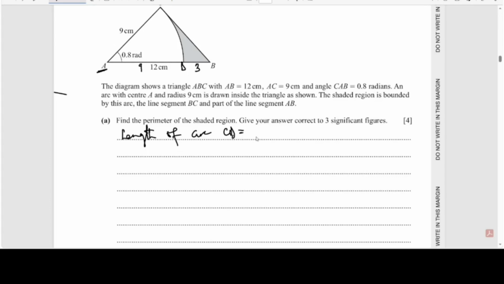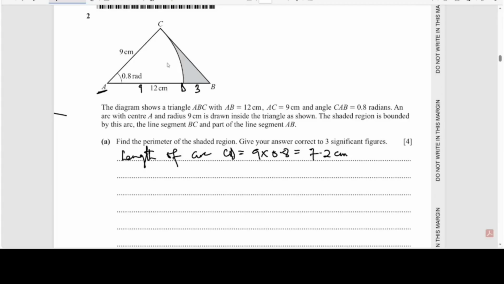So the length of an arc is r theta, that is the radius times the angle in question. So our radius is 9, and then times our theta, which is 0.8, and that gives us 7.2 centimeters. So we found this part to be 7.2. Now next is to find